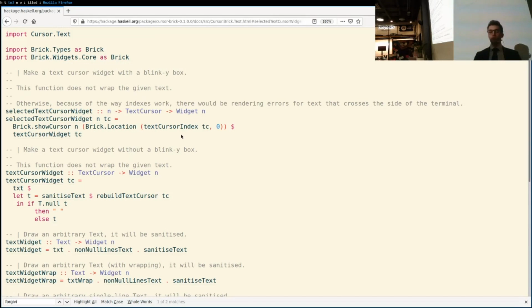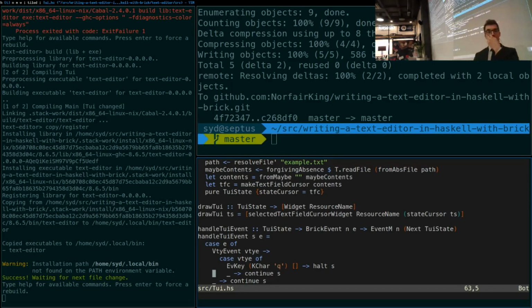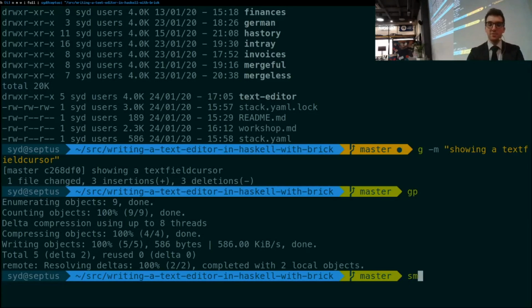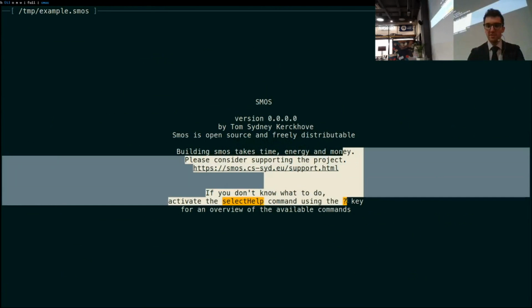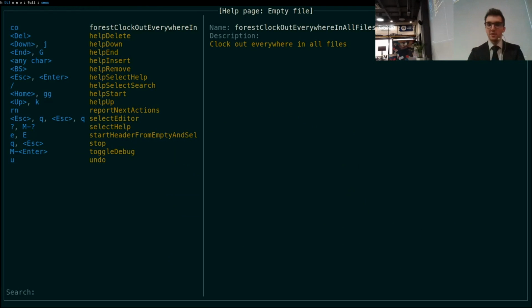The only places where I ever use that functionality is if I want to have, for example, a help screen that shows up if you press question mark and then disappears again. Yeah, exactly. I don't use it much because now, for example, I had a help screen for SMOS that you can get to with the question mark, but it takes up the entire screen. So,